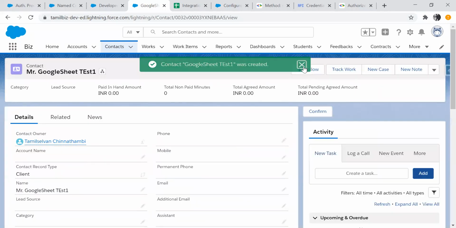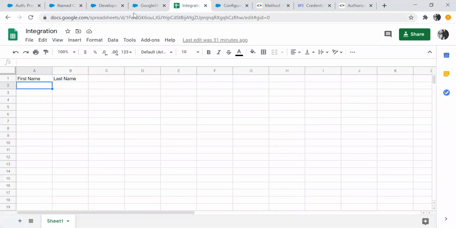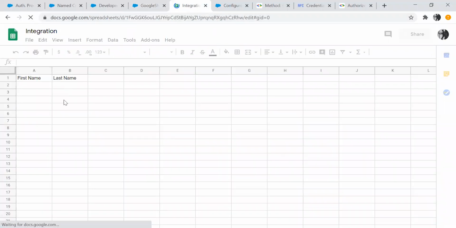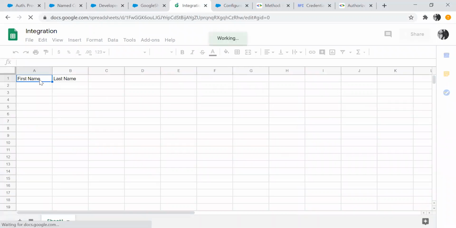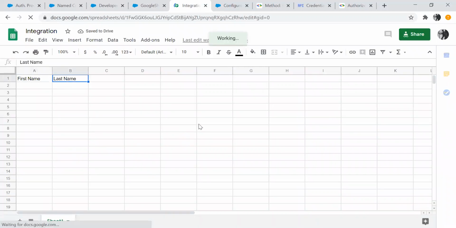So as I told you before, this is the Lightning Web Component I have placed here. It is having the confirm button. On clicking the confirm button, it will make the API call to the Google Sheet, and it will insert the first name and last name in the Google Sheet. So let me refresh it. Now I don't have any data here. Only I'm having first name and last name. Okay.